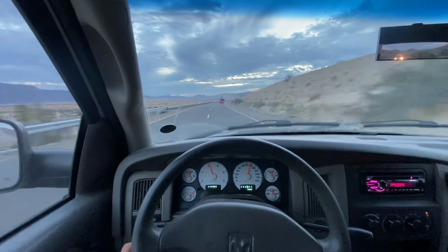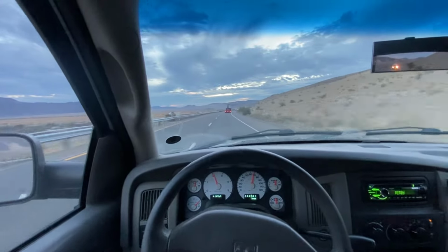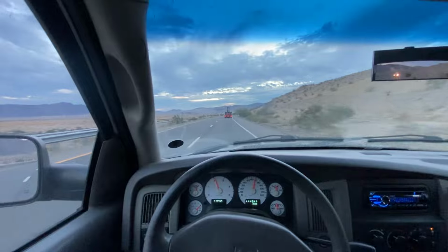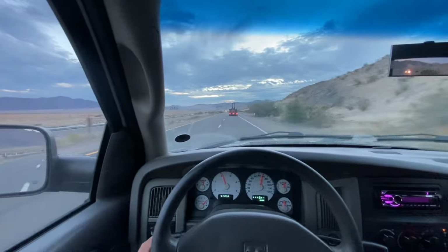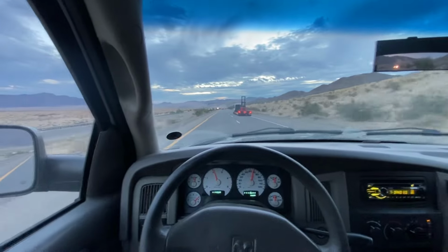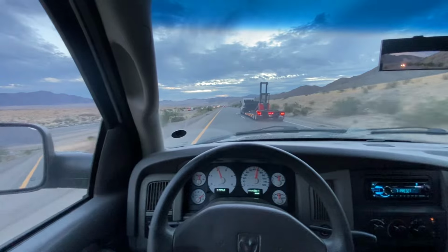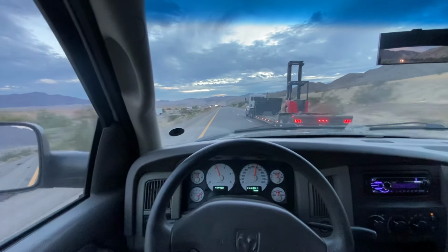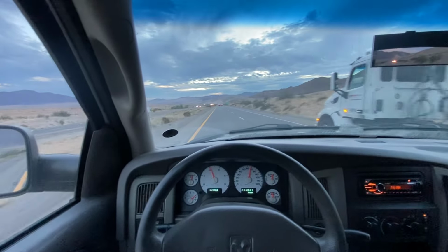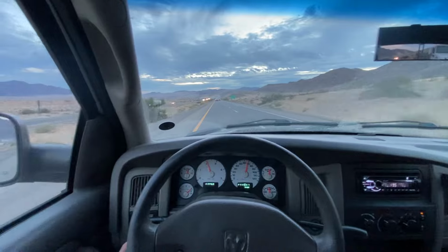So again, could not recommend it more highly. And if you're one of those people not doing a ton of heavy towing in mountains, not having to drive a lot in snow and ice, so you can live with a two-wheel drive, and you're not afraid of doing basic mechanical work, or you know somebody who can, this is the absolute perfect truck for you. And if you're not the kind of person who needs CarPlay and a self-driving system,